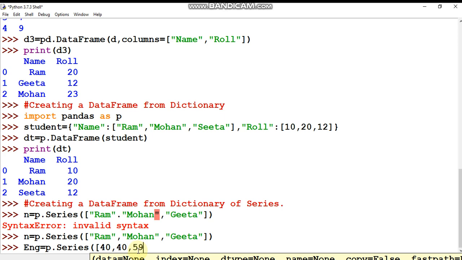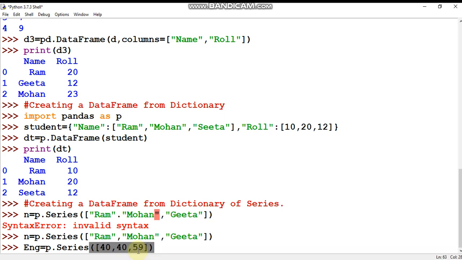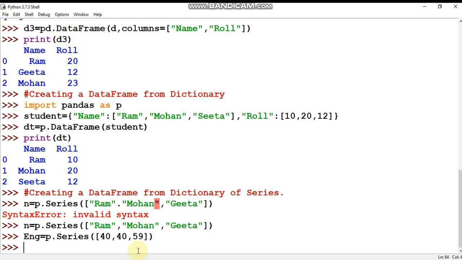So these are marks in English, and now I'm going to create the result, that is the df data frame. How can we create it? p dot DataFrame, and simply pass here.